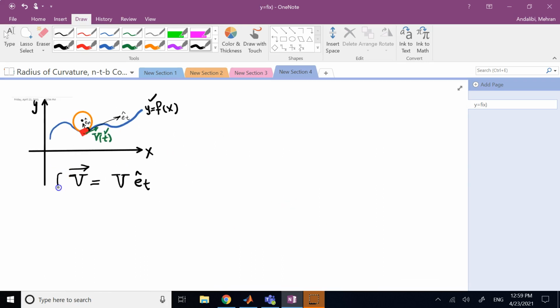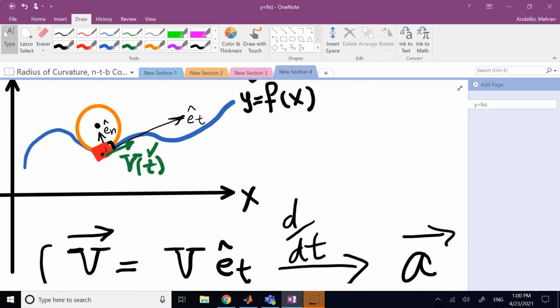I don't want to get into details of that, but if you take the time derivative from this to find the acceleration of the particle, you can show that the acceleration at any point involves two entities, v and et. V is the magnitude of speed, which can change, and et is a unit vector. Its magnitude does not change, but when the object moves from one point to another, of course, et and en do